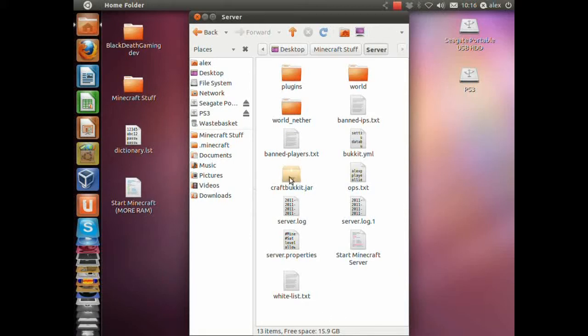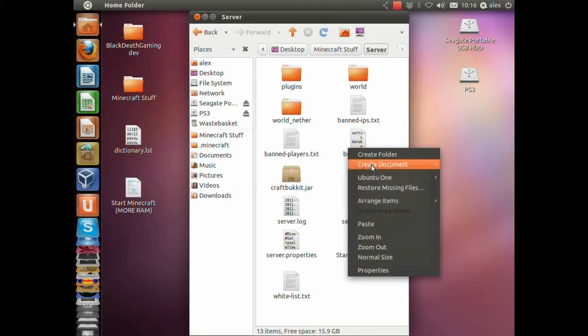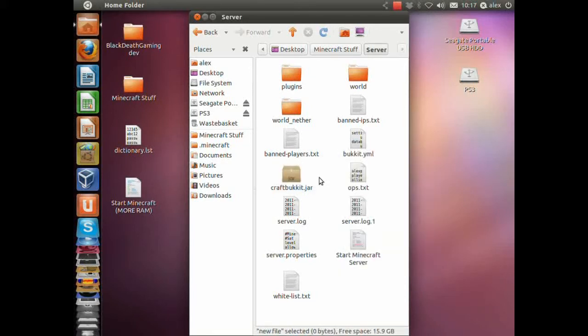Okay, now double clicking that .jar won't work because it won't give you any output. Well, it will run, but it won't give you a little output. Now that's completely up to you. If you like it running silently, then you can just run it like that. I like to have a little bit of output so I know what's going on in my server. So if this is the case, you want to create a document, an empty file,